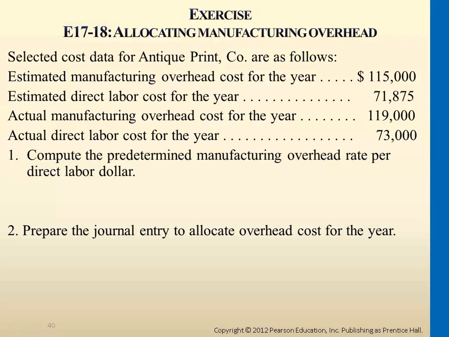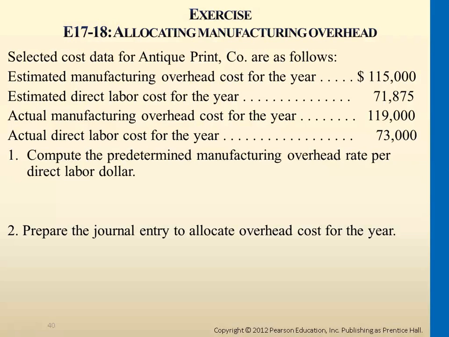Okay. So for this journal entry here, the second question, if we want to allocate overhead cost based on the rate that we just calculated, how do we do that? What do we debit? We would debit, here we're trying to assign indirect cost to work in process, right? We're trying to allocate it. Since if a job completes, we need to calculate the cost. We have materials, labor, and manufacturing overhead. So we'll be crediting manufacturing overhead transferred to work in process